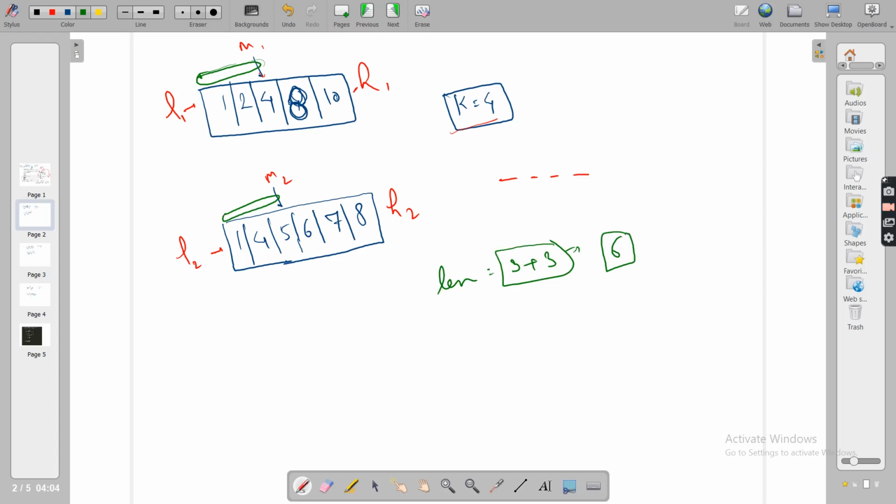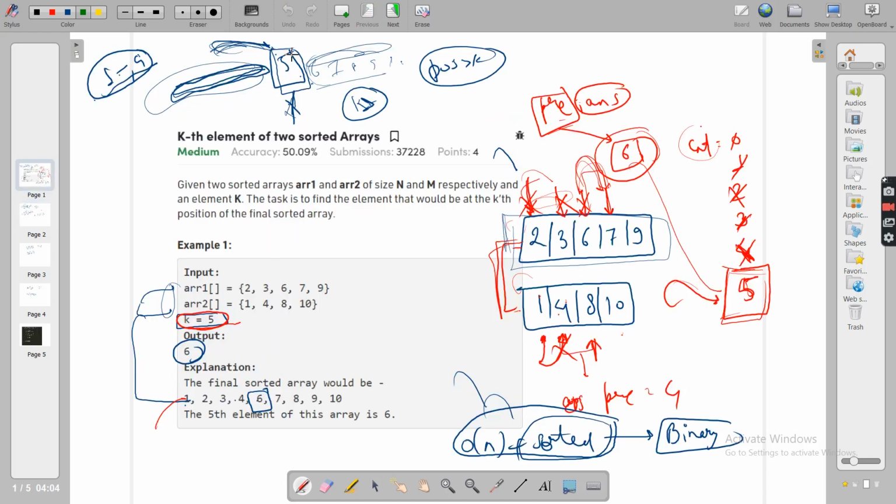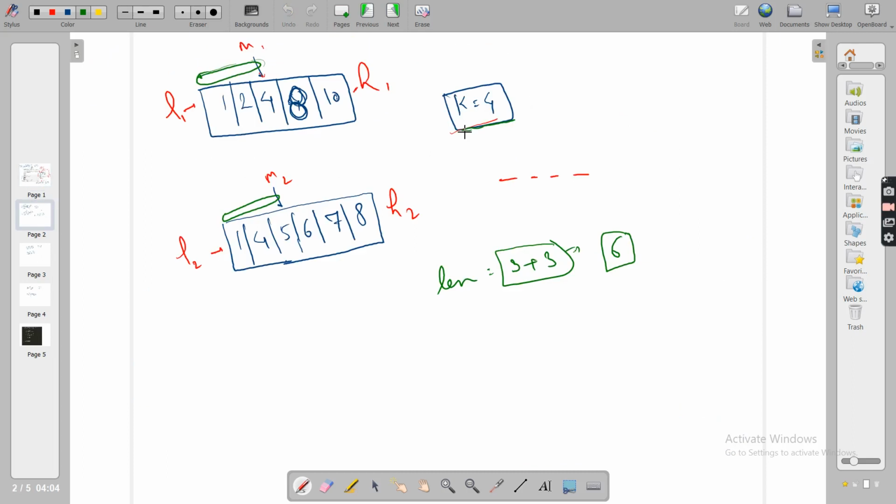Getting it, guys? You are getting an idea of 6 elements. Why I'm saying that, I'll come back to in a moment. But what we want right now is only 4 elements. And as I said, once you get your kth element, we don't consider k plus 1, k plus 2, or this sort of elements. Here you want the kth element only, but in this case you are getting information about more than k elements. So you can think of reducing something, and what is that?